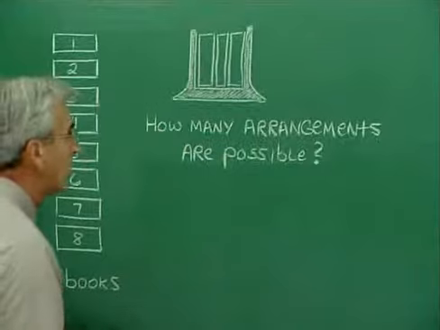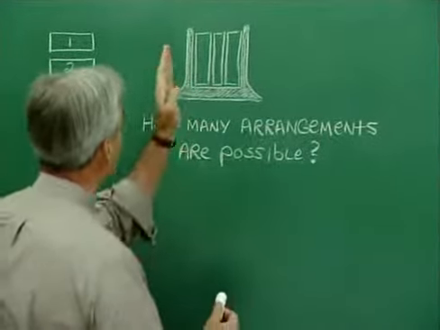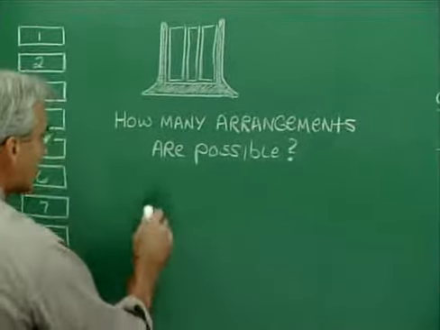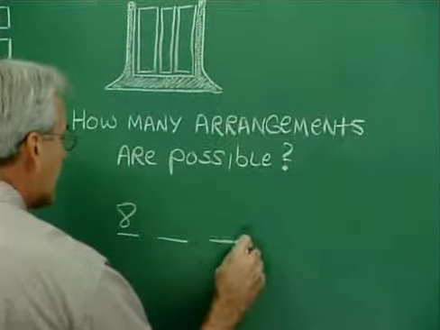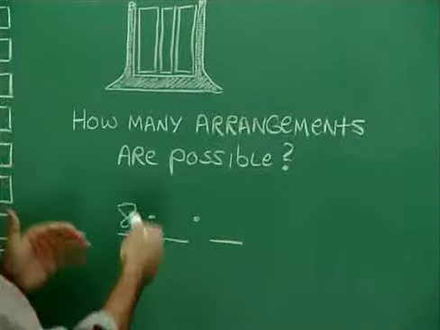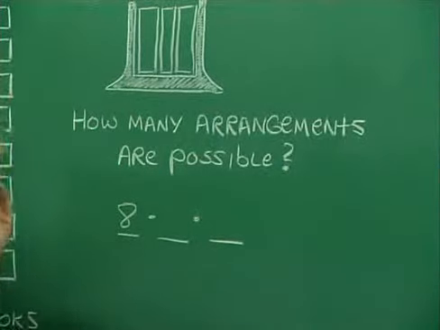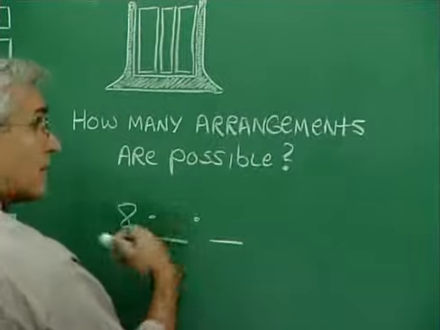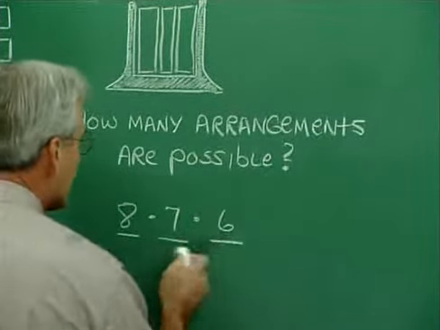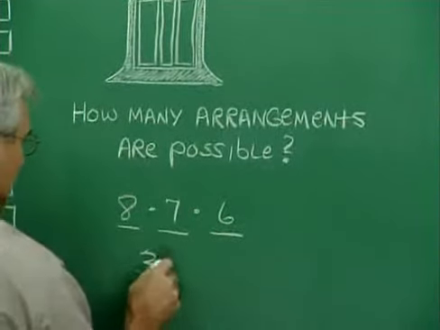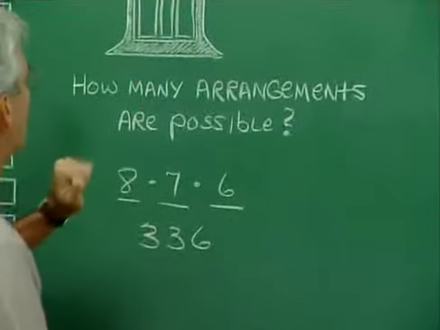Okay, so once again, we're just multiplying the possibilities. And let's see, if we're choosing for the first book to put it onto the shelf, we're choosing from a group of 8, so we have 8 possibilities. Once I've chosen the first book and put it onto the shelf, it's no longer available to be chosen. So for the second book, there are only 7 possibilities, and for the third book, there would be 6. And multiplying these, we would find that there are 336 possible arrangements of the 3 books on the shelf,